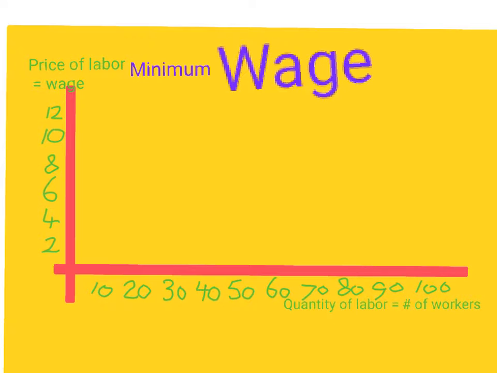Just like any other demand curve, the demand for labor curve is going to be a downward sloping curve. Let's say it looks something like this. So we're going to call this D sub L. That's the demand for labor. So that means that, let's say at $12, if the wage were $12, businesses would hire, let's go down to the quantity axis, almost 20, and if you want to make it more realistic, big country, let's say 20